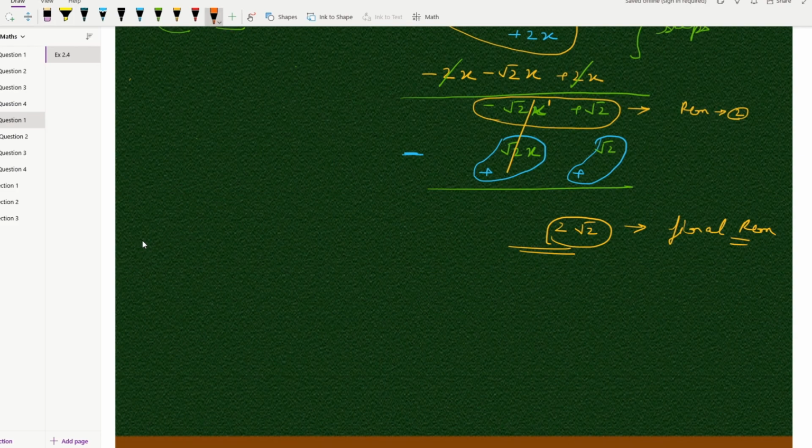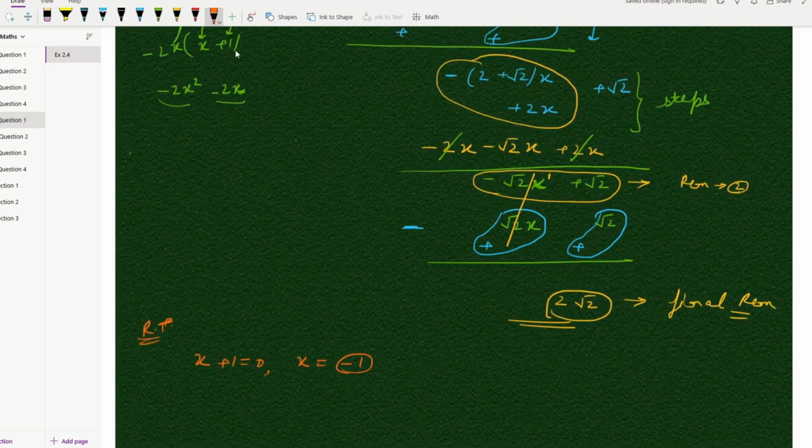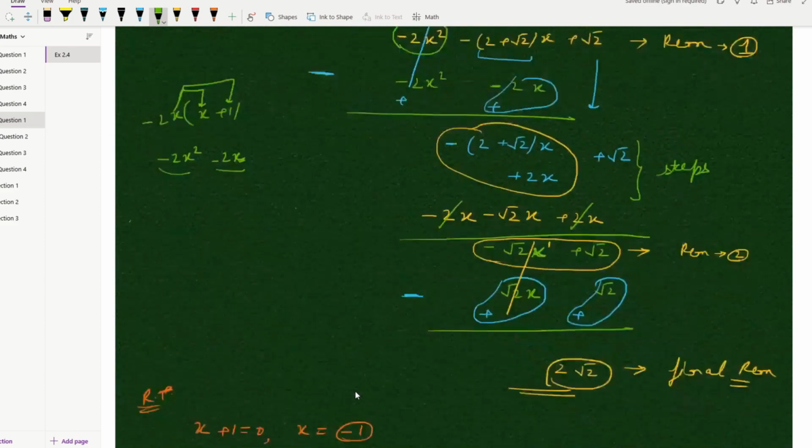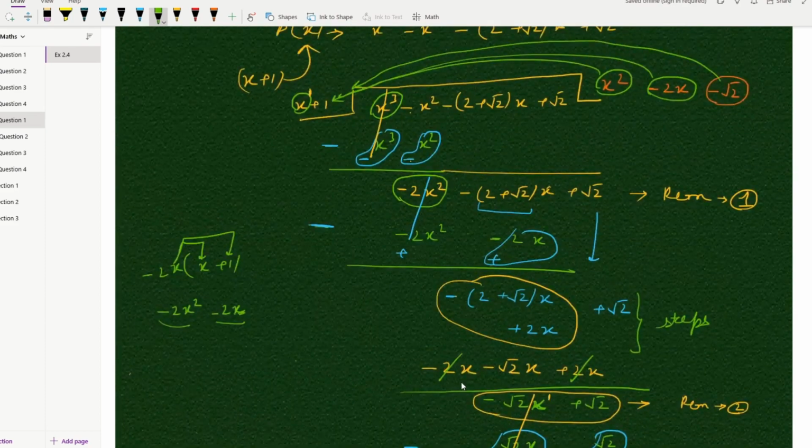We have got some shortcut method that is remainder's theorem. सो हम उसमें क्या करते हैं, डिवाइज़र को इक्वल्स टू 0 करते हैं, that is x is equal to -1 हो जाएगा। इसकी वैल्यू हम इस पॉलिनोमियल में डालेंगे। देखिए पॉलिनोमियल मेरे पास क्या है, x³ - x²। इसको पहले लिख लेते हैं, x³ - x² माइनस ऑफ 2 + √2x plus √2।